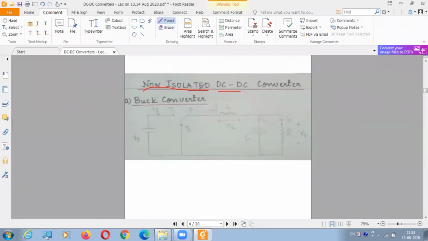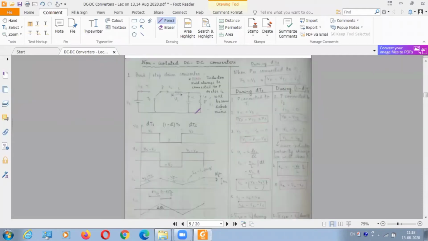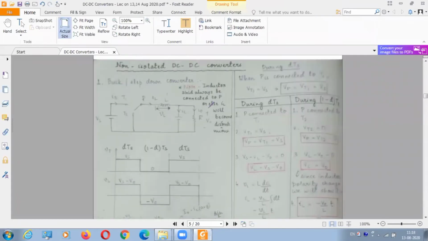Next, we have taken a single pole double throw switch, as we discussed in the transient analysis class. Single pole, one fixed point P, and two throws T1 and T2. So a single pole double throw switch, again applied over here. Okay, now we'll go to the next page. We'll zoom it for you.